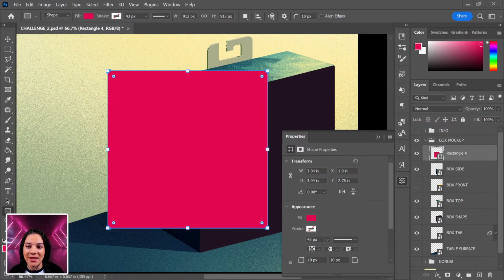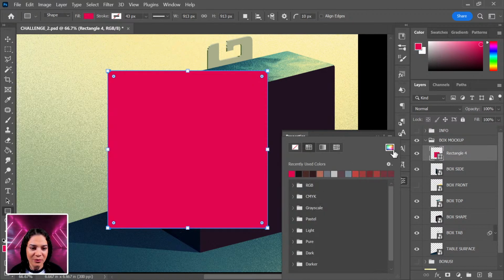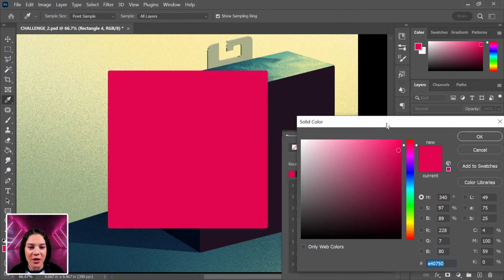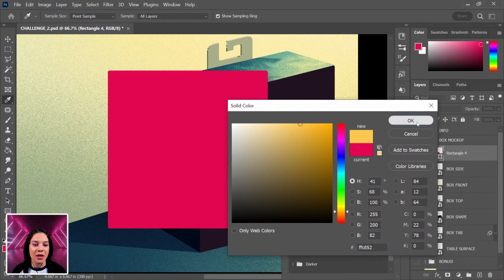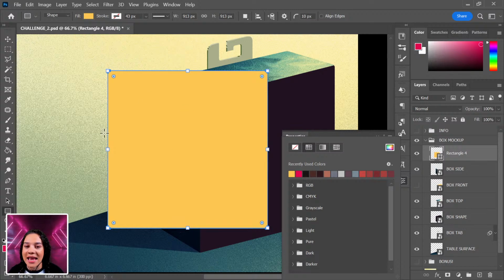Now this shape is bright pink, and we don't want it to be bright pink, so in my properties here, I am just going to click my fill color. And I'm going to select my solid color picker here. I could grab one of these green colors, but I might actually like to do what we did before and just select a much warmer, yellowish tone, which might be good for us. Let's do something like that. That works for me. Now, let's go ahead and hit OK. And so now we have a nice little